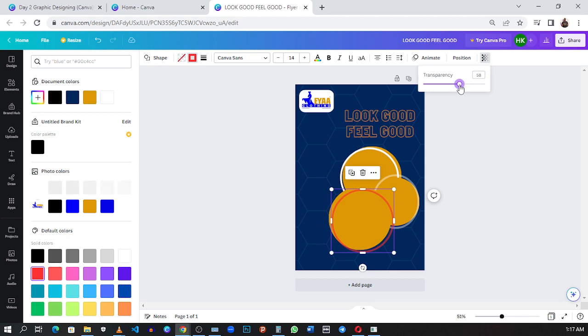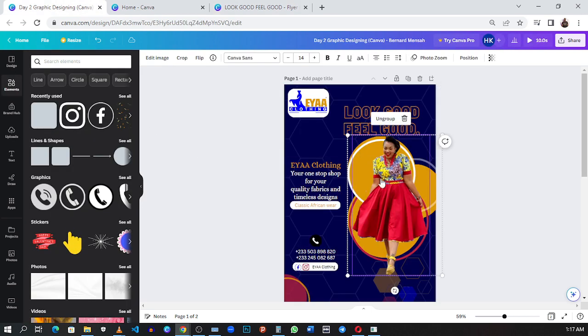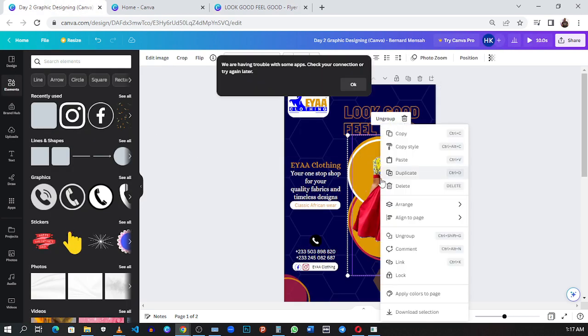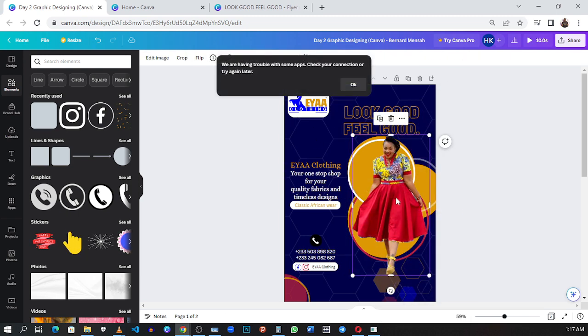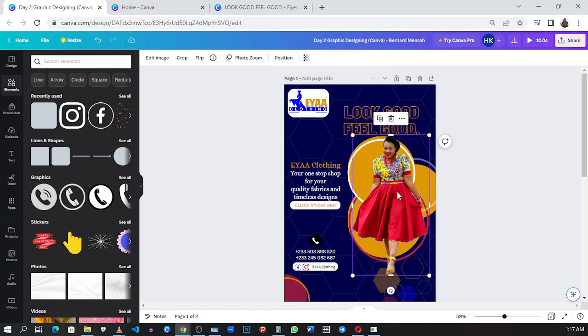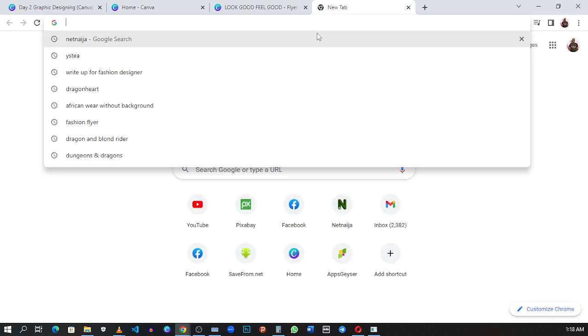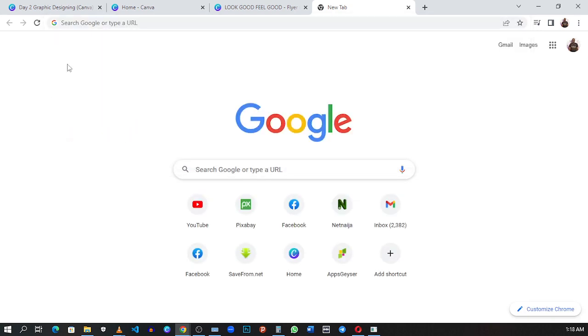And here I've created the background that I want to put my image on. So again, you realize I grouped it, and let me just copy this image. This is actually an image without a background. So when you're searching for an image without a background, you type something like